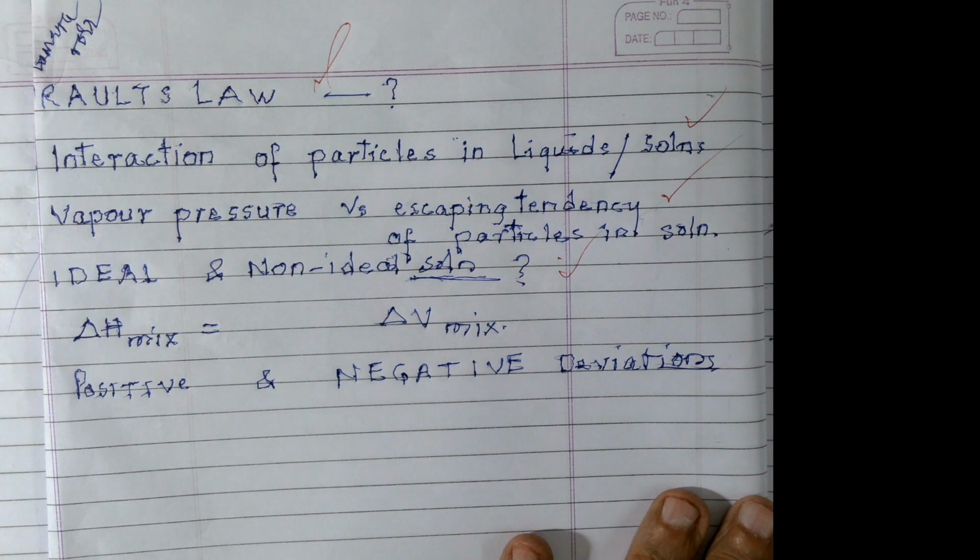Raoult's law states that the partial vapor pressure of each volatile component in a solution is directly proportional to its